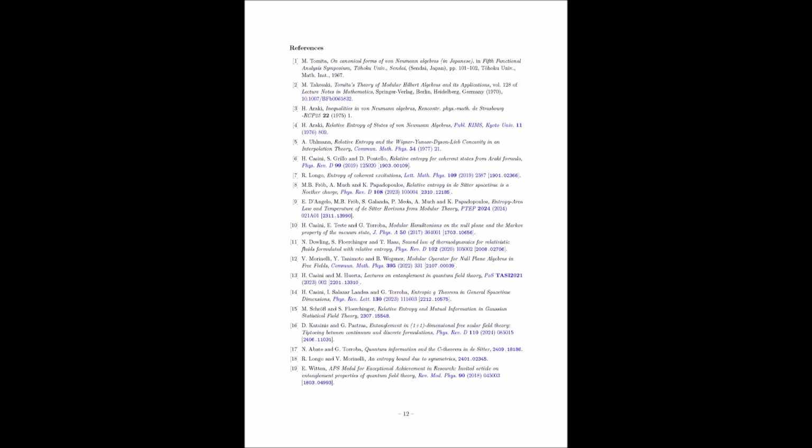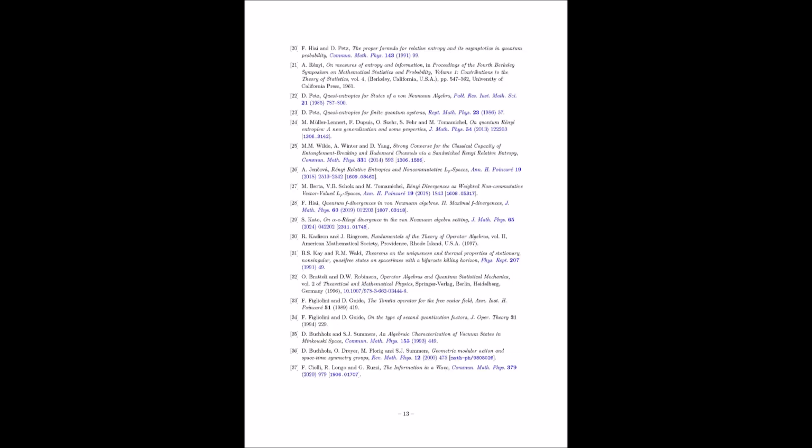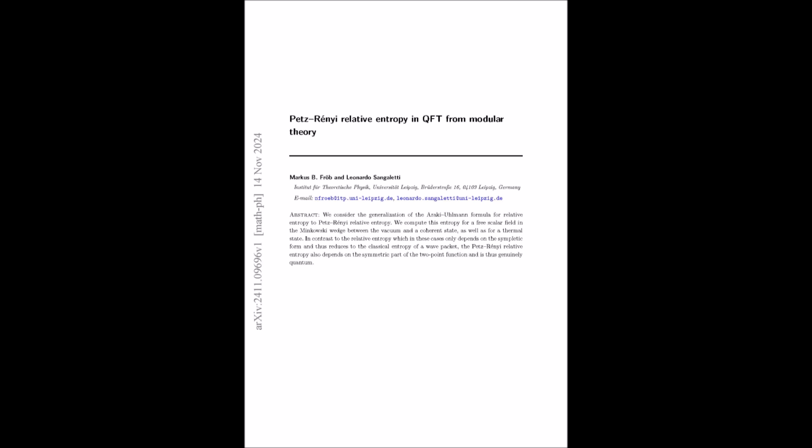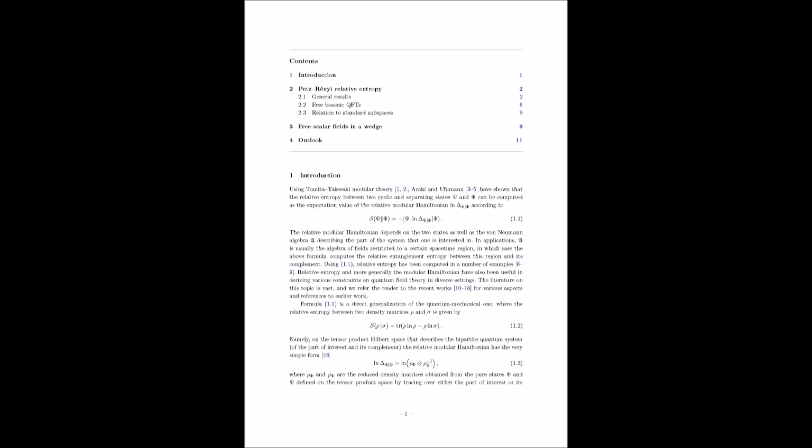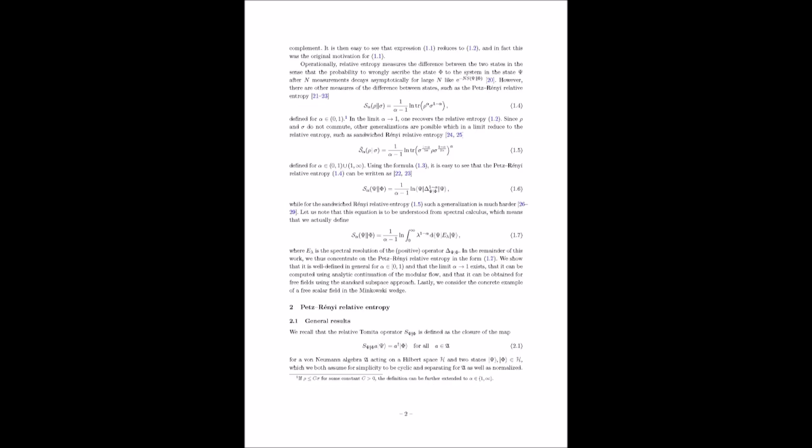They take that analytically continued two-point function and plug it into their general formula for the Petz-Rényi relative entropy. And out pops the answer. Well, not quite that simple, but it does lead them to an explicit expression, which is given in equation 3.8. This equation captures the interplay between the classical and quantum aspects of the system. And this is where their remarkable observation comes in, right? The fact that the Petz-Rényi relative entropy depends on both the symplectic form, which represents the classical structure, and the symmetric part of the two-point function, which is purely quantum.